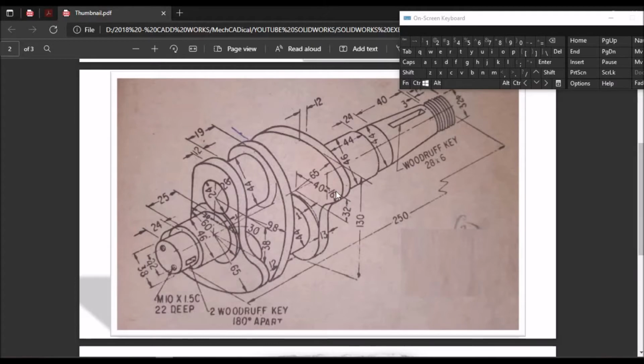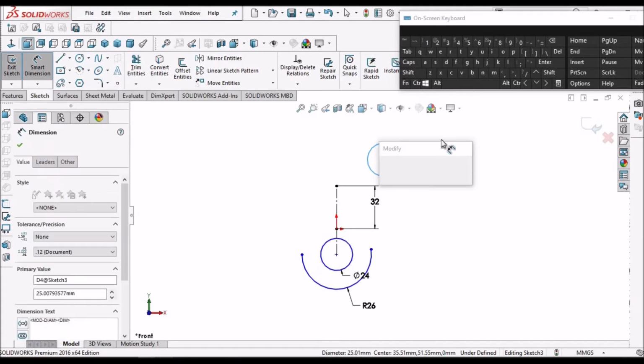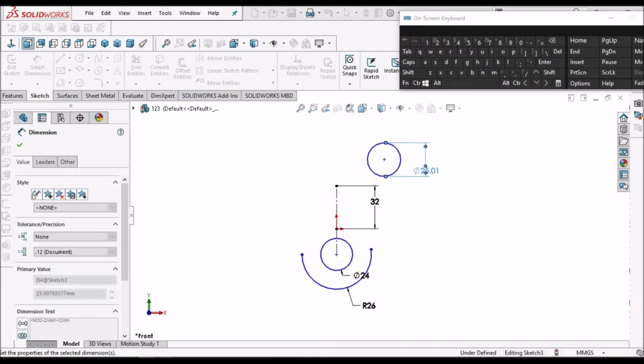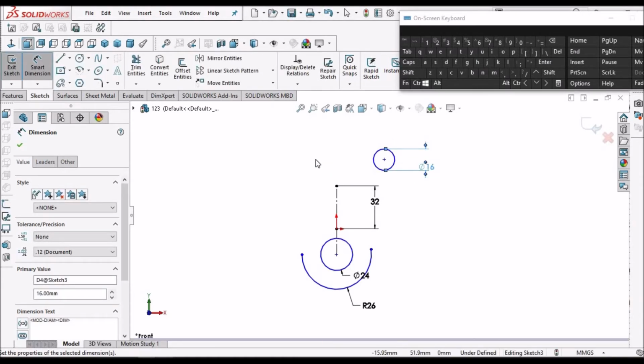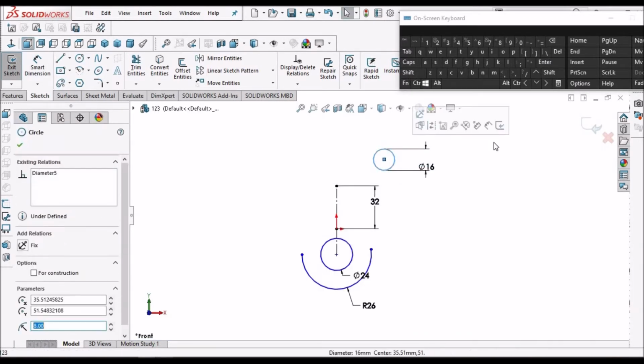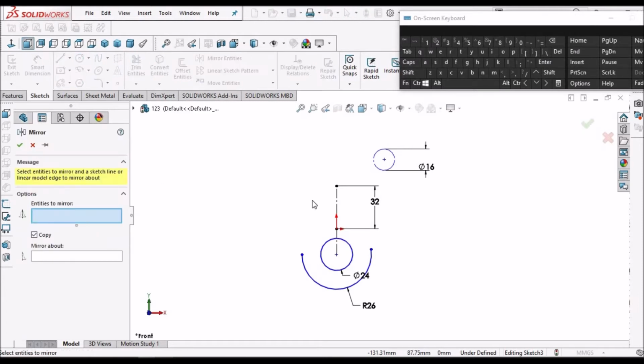This is 16. Make this as construction and mirror this above this axis. Say OK.